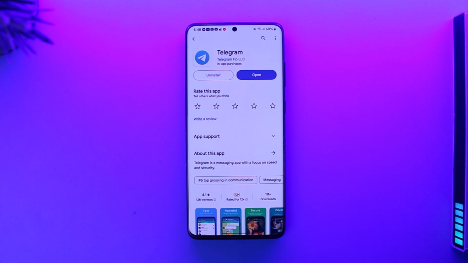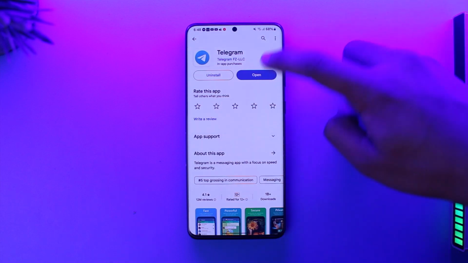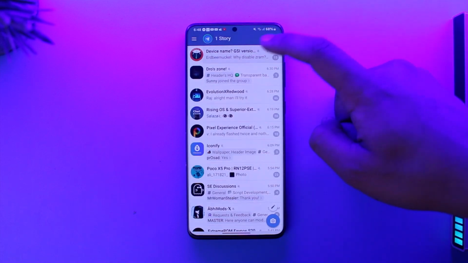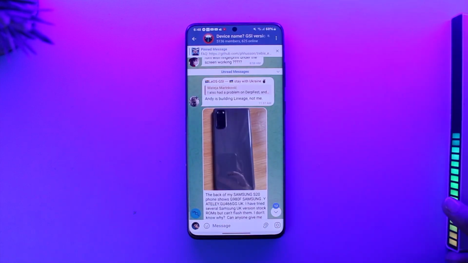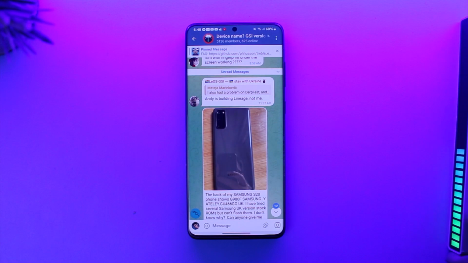In this video I'm going to show you how you can report a Telegram account, so make sure to watch the video till the end. Now, reporting a Telegram account, Telegram makes it a bit difficult. So let's say it is a certain individual that you would like to report over here, right? Let's say you are inside a certain group, talking inside a certain group, you would like to report them to